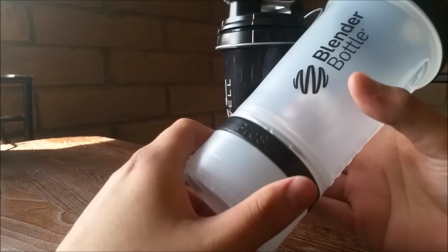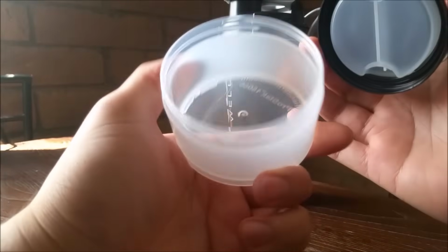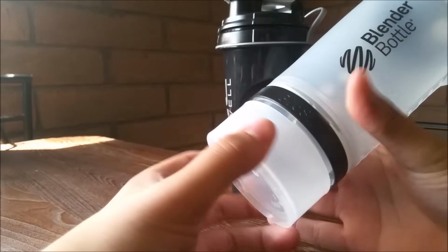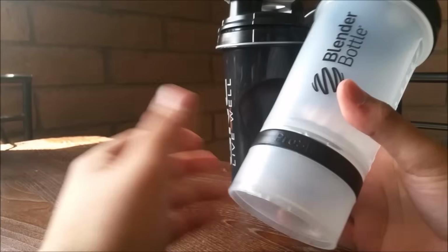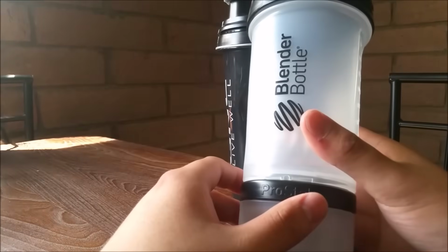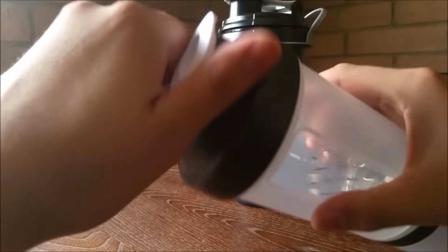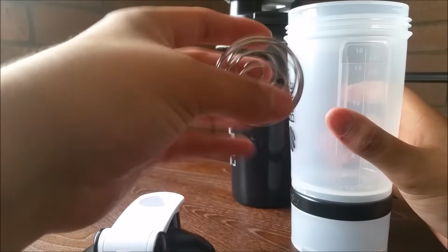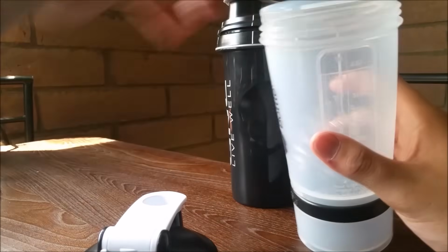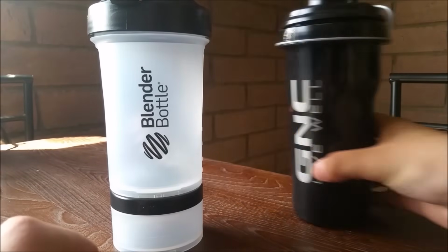This one, the blender bottle, has Pro Stack, which is this little container on the bottom, which allows you to hold pills or powder, pre-workout, keys, vitamins, whatever you guys want to put in there. And of course it has the little ball that blends the powder for you. But at the same price, this one obviously was a better deal anyway, but I went out on a limb